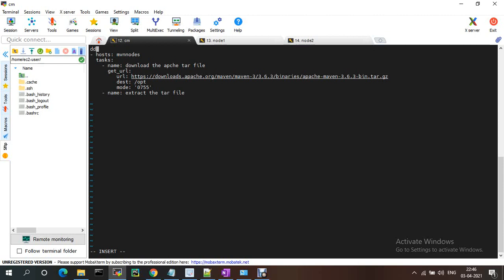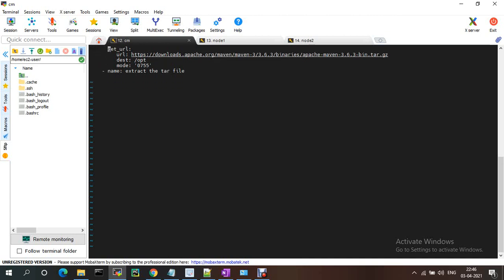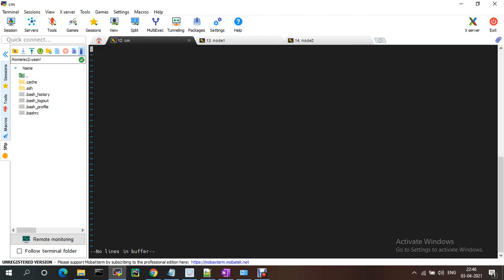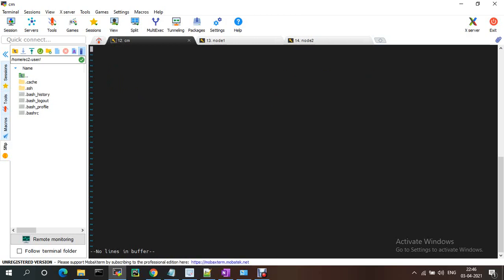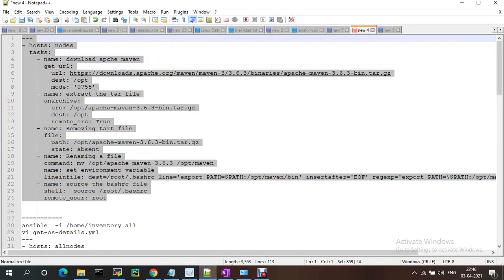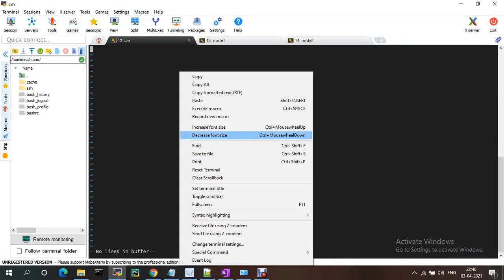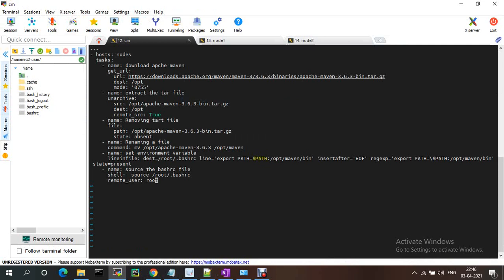So instead of doing it one by one, I'm just copying this complete Ansible playbook for Maven installation. See, under tasks: get_url, then unarchive to extract that, and remove the tar file.